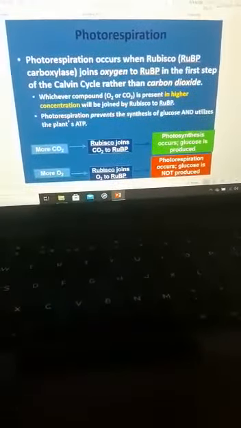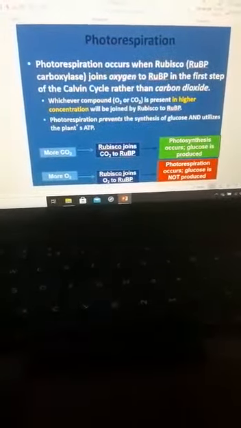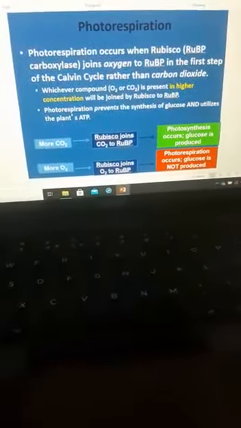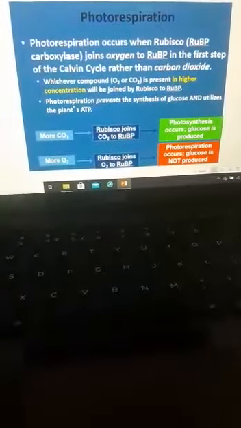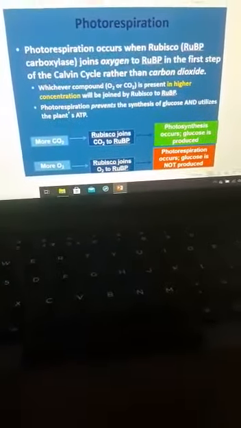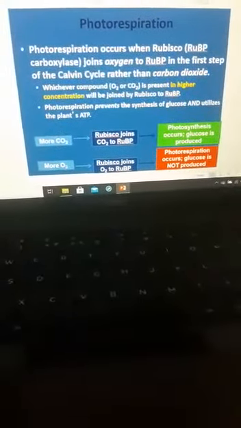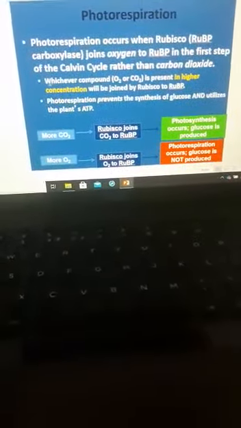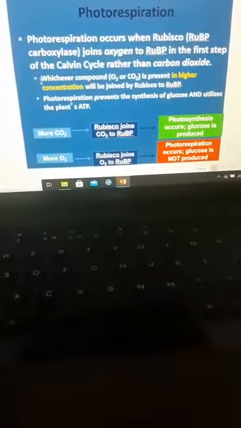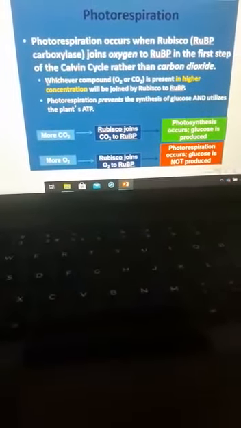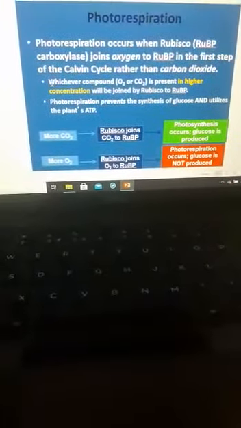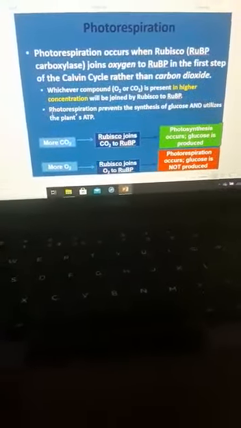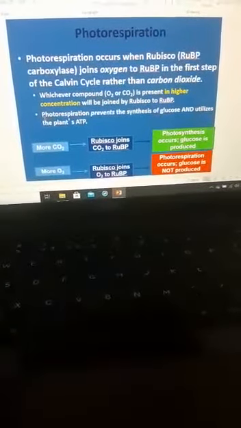So whatever comes first, or whatever is in higher concentration, is going to be the one that is joined to RuBP. The other thing that you must understand is whenever photorespiration is taking place,